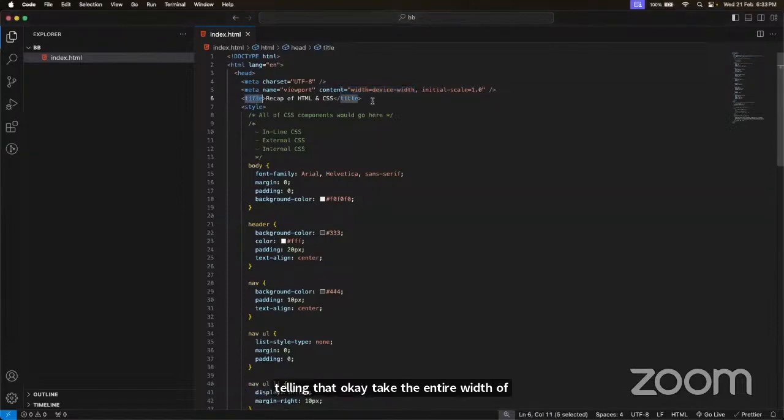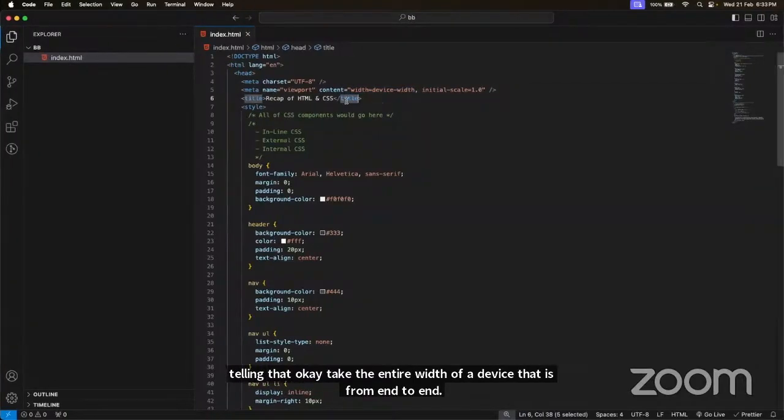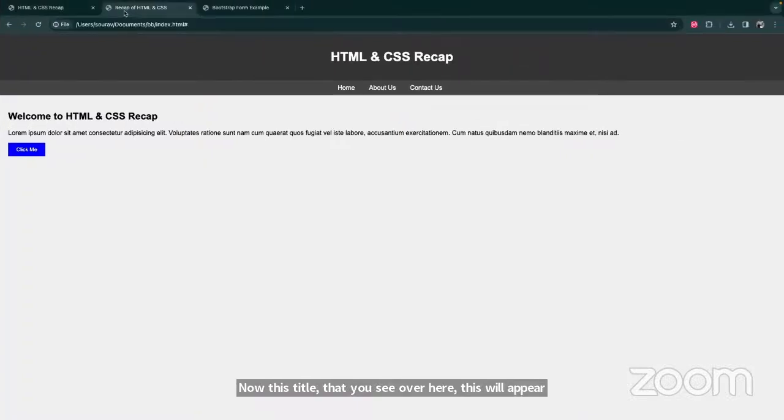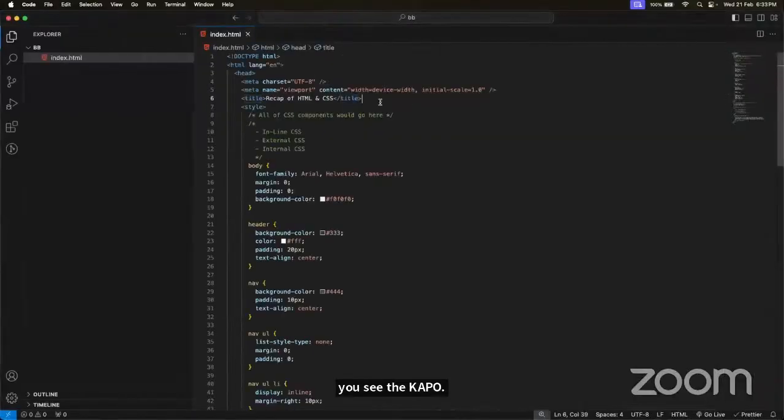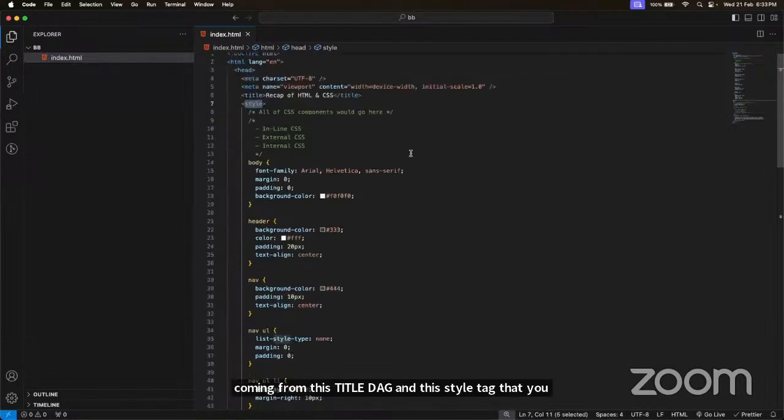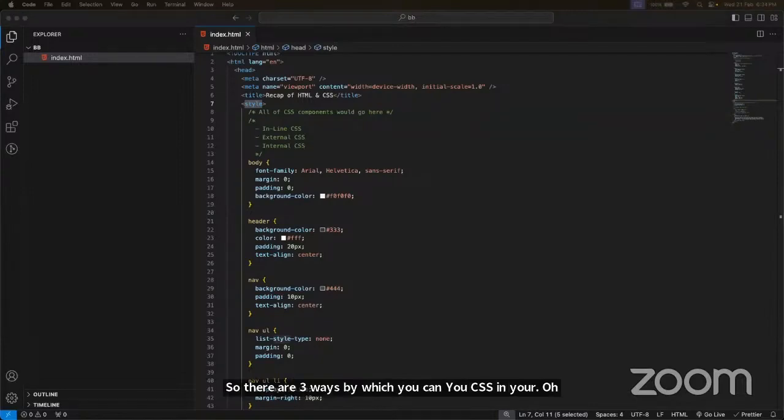Now this title tag that you see over here will appear up over here on the website. If you see "recap of HTML and CSS", this title is coming from this title tag. And this style tag that you see over here will hold all of your CSS styling. So there are three ways by which you can use CSS in your HTML